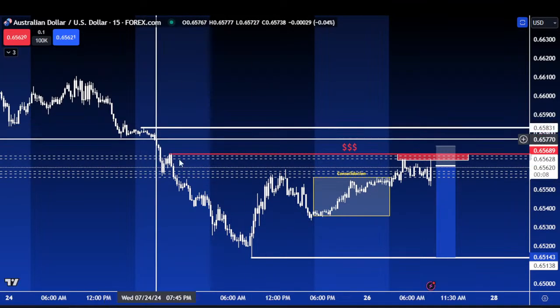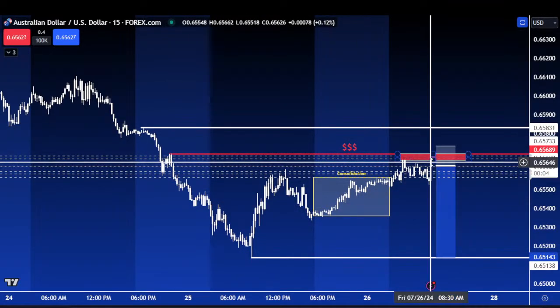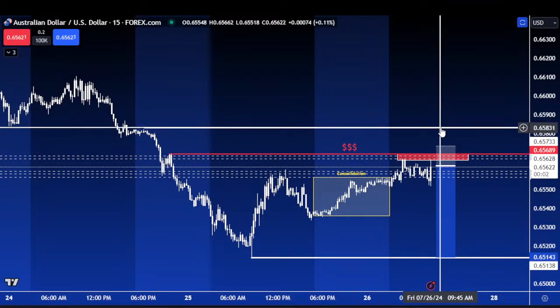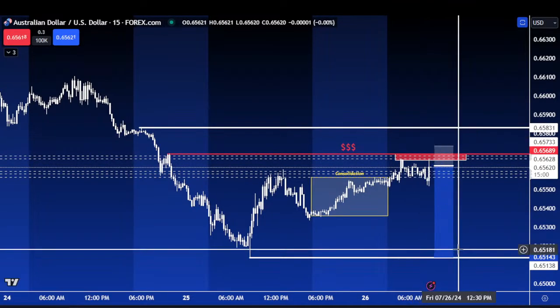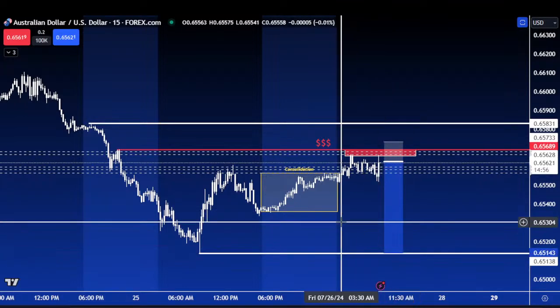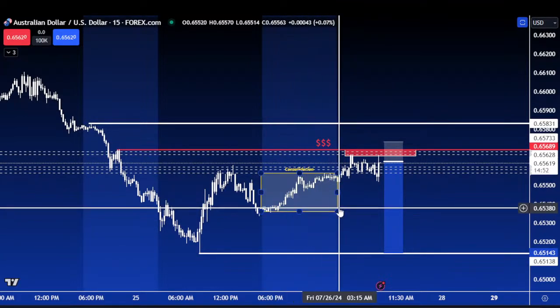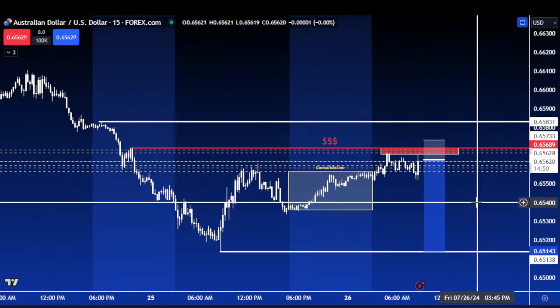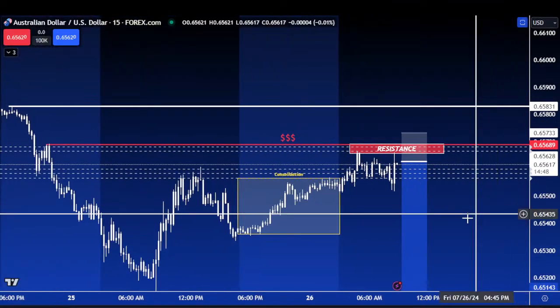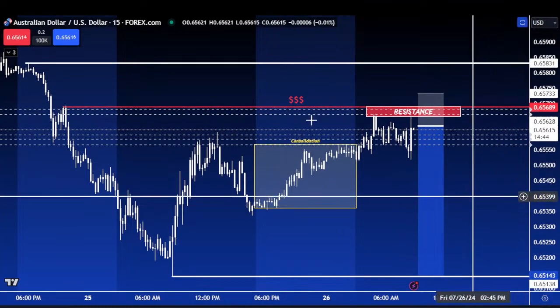So we made the high, we made the low, right? And now as prices rise, maybe it wanted to go and take out the high. Maybe it wanted to tap that before it dropped. But we could tell it's nowhere near the low, and we also know that the low of the Asian session hasn't been taken out yet. So again, this is just some logical concepts that you guys will learn over time to really understand how to